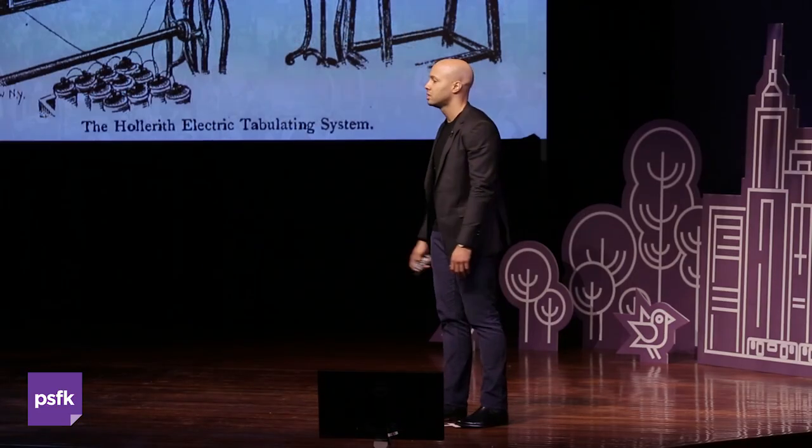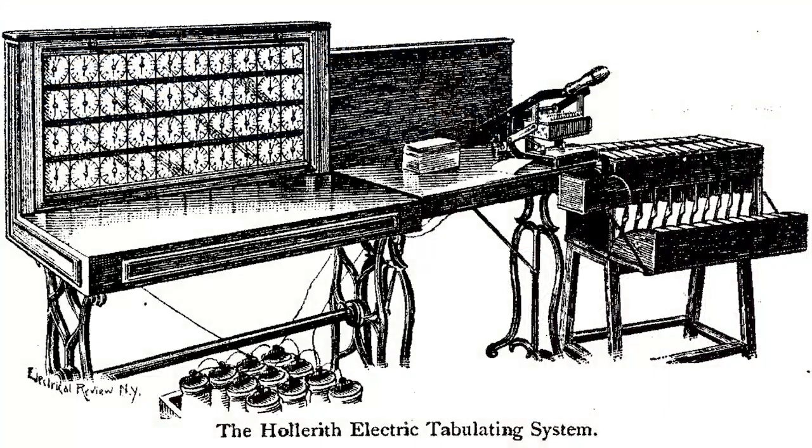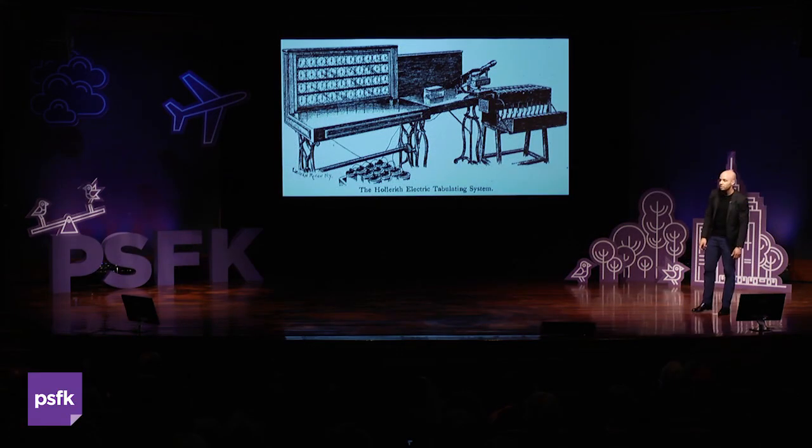In response to this problem, an entrepreneur called Herman Hollerith invented an early form of computer that he called a tabulation machine. And this machine did exactly what its name suggests. It tabulated, it counted. And he pointed it at the census problem. The effects were immediate and for the time period profound. According to the Library of Congress, the census of 1890 was completed in just 1 year.